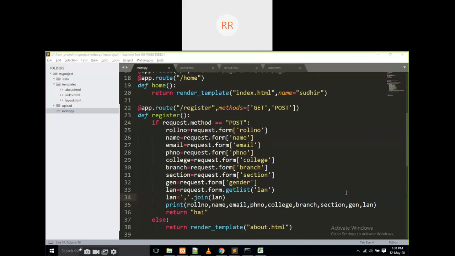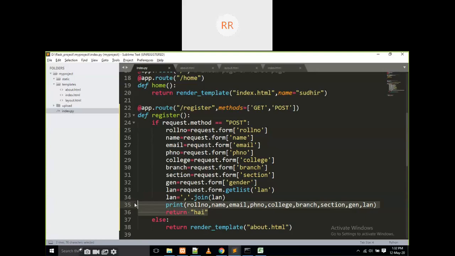I'm giving some data there. If I click on the submit button, the data is coming into this Python file. There are two methods, GET and POST. That means this page is now calling this template index.py. This is the GET method. If I give any data in the HTML page and click on the button, it is a POST. Okay. Now I am going to write this data into the database.